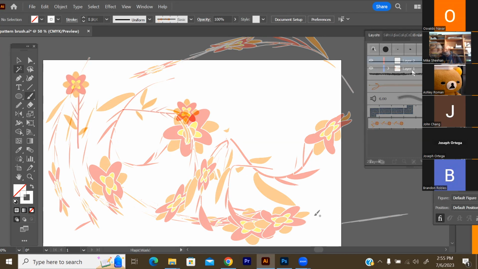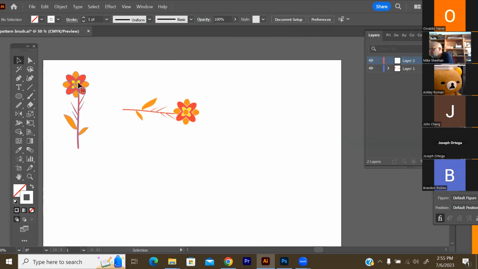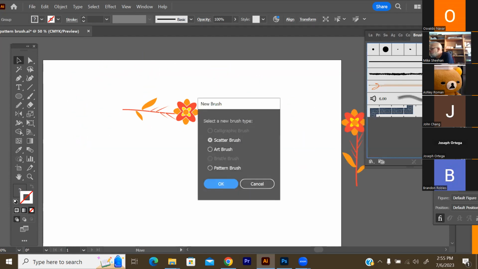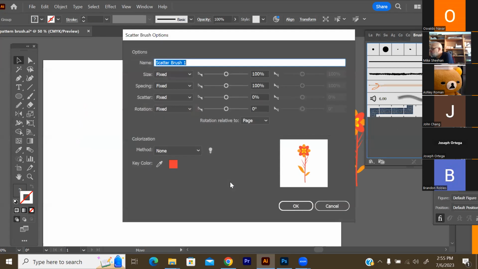Make sense? And let's take this one. Let's take the vertical one. And let's go here. And we just did a pattern. Let's do a scatter brush. Now, we have more